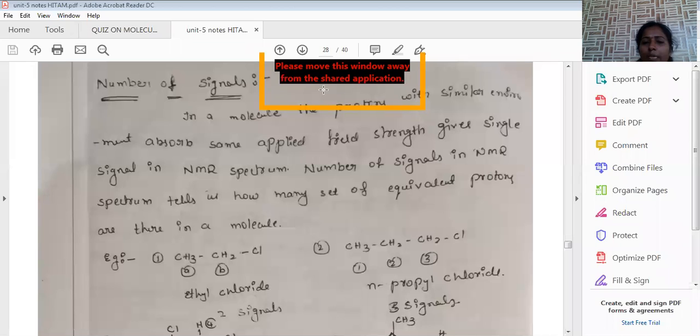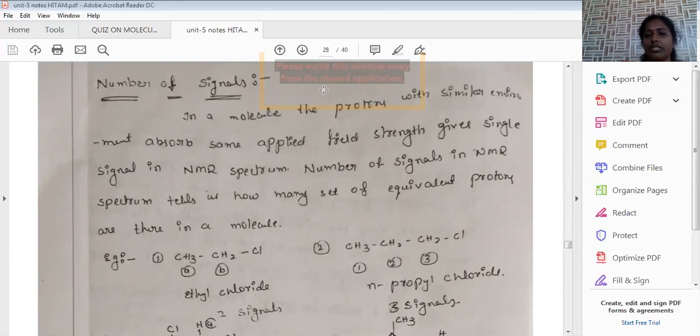Okay, so when that magnetic field is generated, what happens? Initially, if the nucleus is rotating in a clockwise direction, due to the irradiation of radio frequency it changes its direction and is converted into an anti-clockwise direction. That is called flipping of the proton. The flipping of the proton is possible when radio frequency falls on the molecule. This is the main principle involved in NMR spectroscopy.